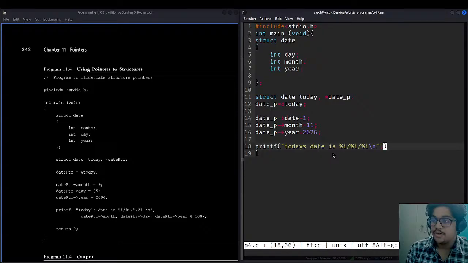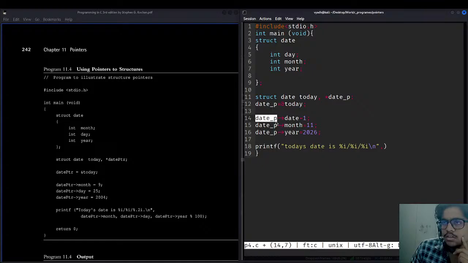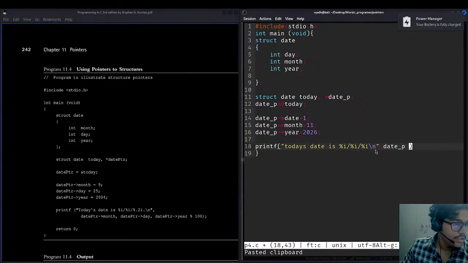And how it is defined, so this will be used. They are using this and this, percent year divided by 100 because they want the last two digits, but we will be taking the full year. So shift V, comma.